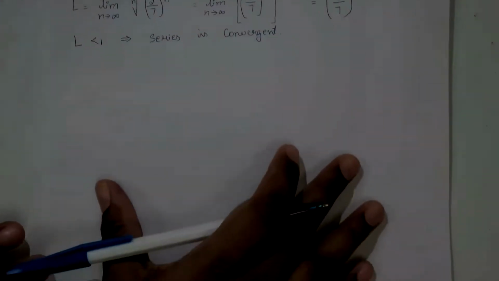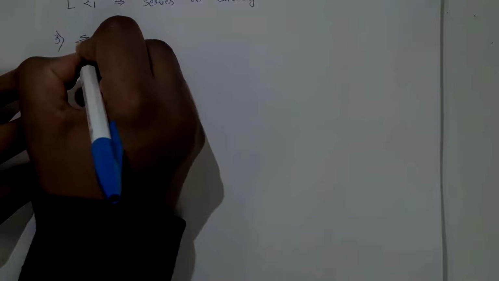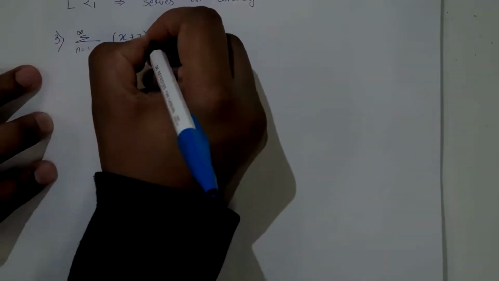Let us start with example number 3. Okay. We'll take summation n equal to 1 to infinity (x+7) to the power of n into n